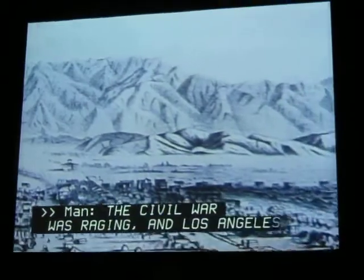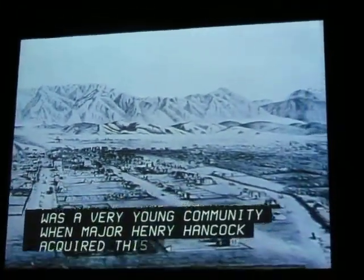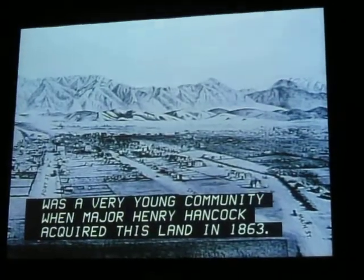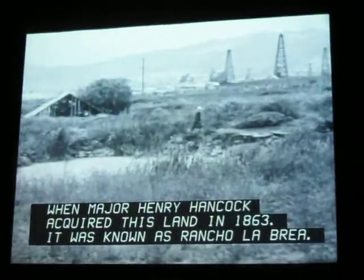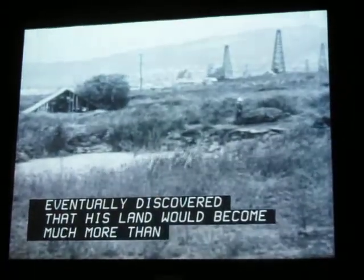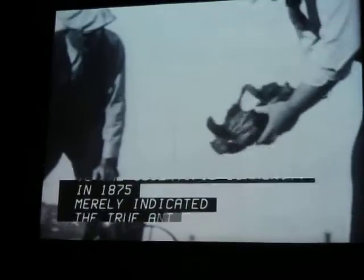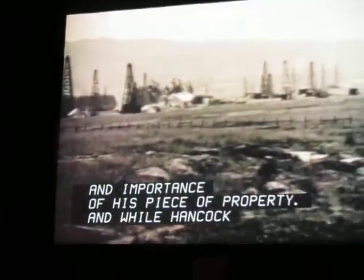The Civil War was raging and Los Angeles was a very young community when Major Henry Hancock acquired this land in 1863. It was known as Rancho La Brea. Major Hancock eventually discovered that his land would become much more than a family homestead. His presentation of a large canine tooth to the scientific community in 1875 merely indicated the true antiquity and importance of his piece of property. And while Hancock